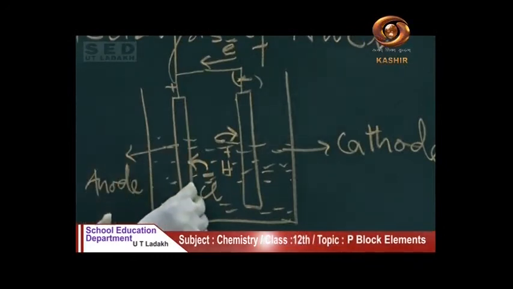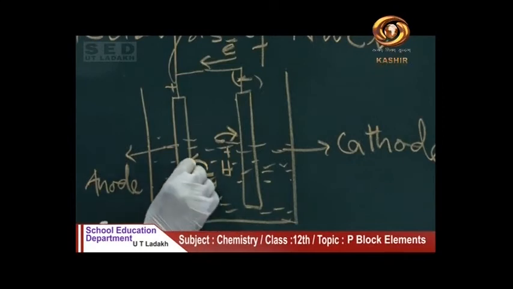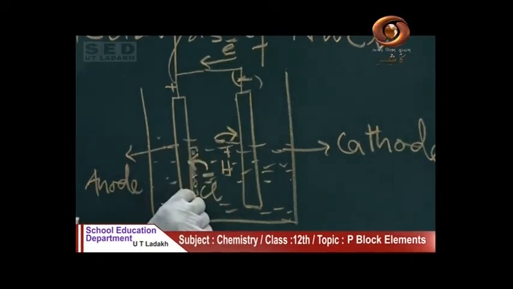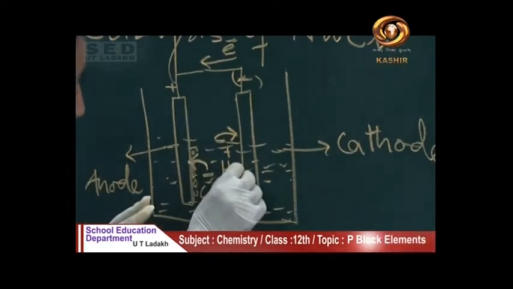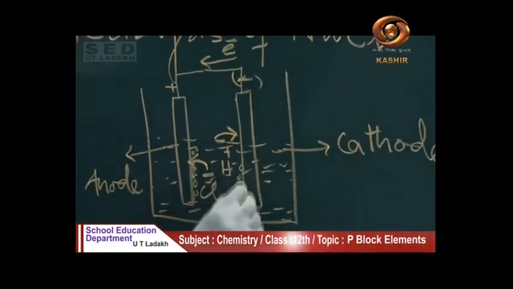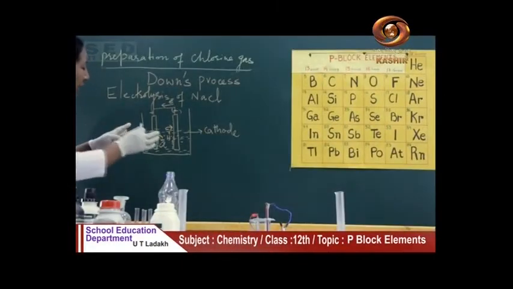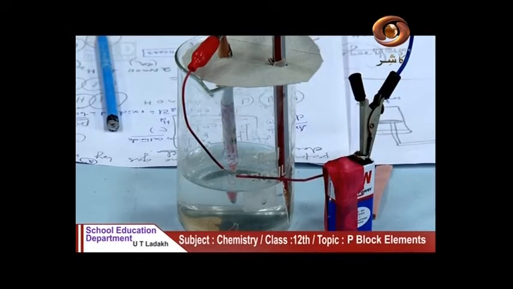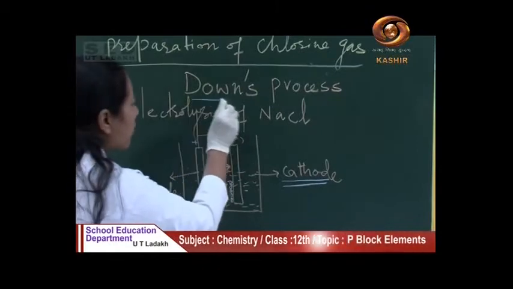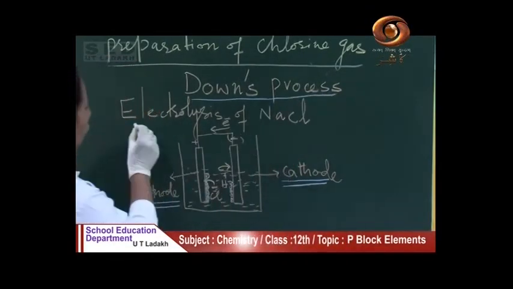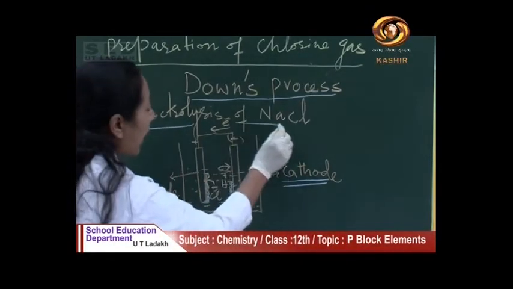And chlorine gas will be collected at the anode, and hydrogen gas will be collected at the cathode side of the electrode. Okay students, by setting up such an experiment, we observe that in the Downs process, or electrolysis of NaCl,